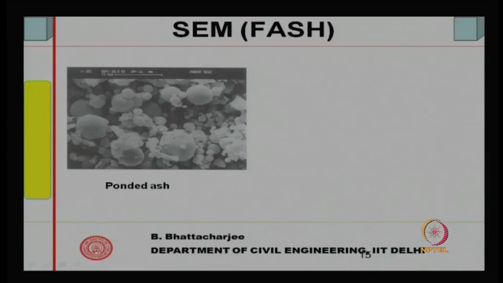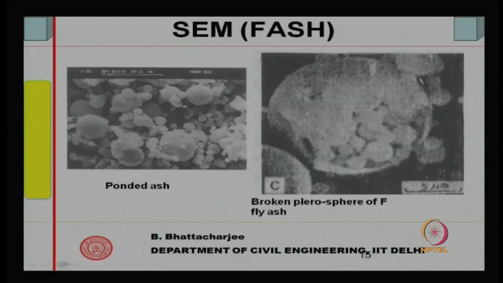So, all of them actually have a spherical shape, and there is something called plerosphere in type F fly ash. There are larger spheres in ponded ash, which, if you break them, you will find finer spheres within them. There are some hollow spheres which we call cenospheres. So, fly ash particles look something like this. If you look at it, they are all rounded. So, they actually ensure that the shape that we have talked about is